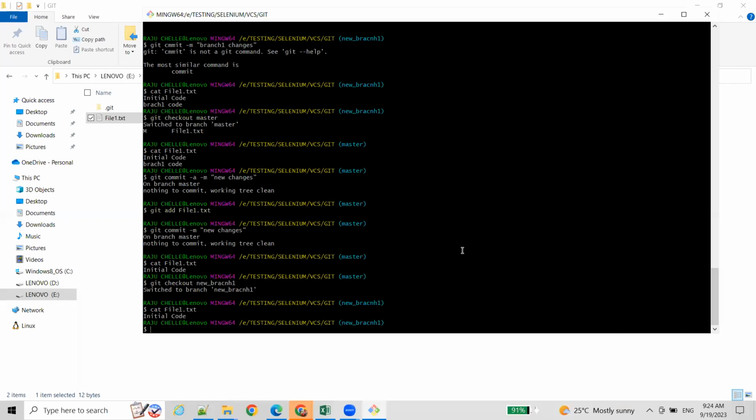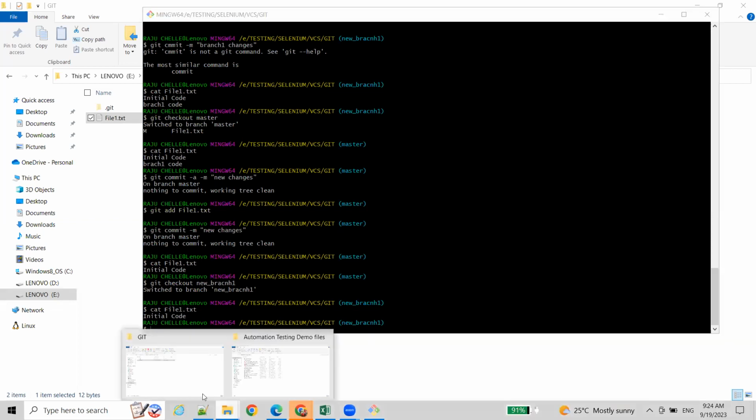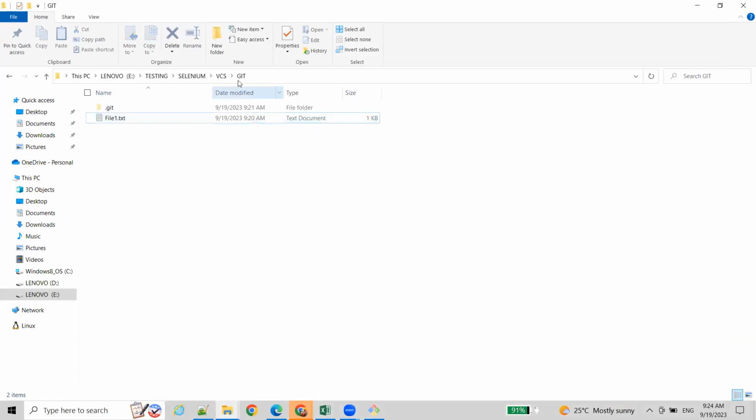Otherwise we have editors, so you can open it in any editor like Eclipse, IntelliJ, or any other editor. Let me open this folder